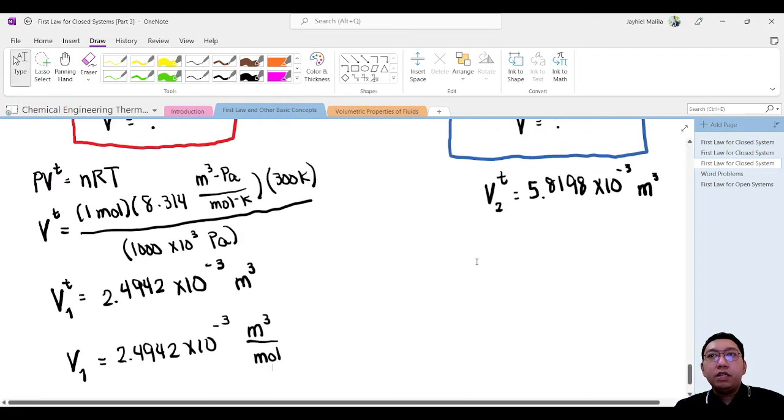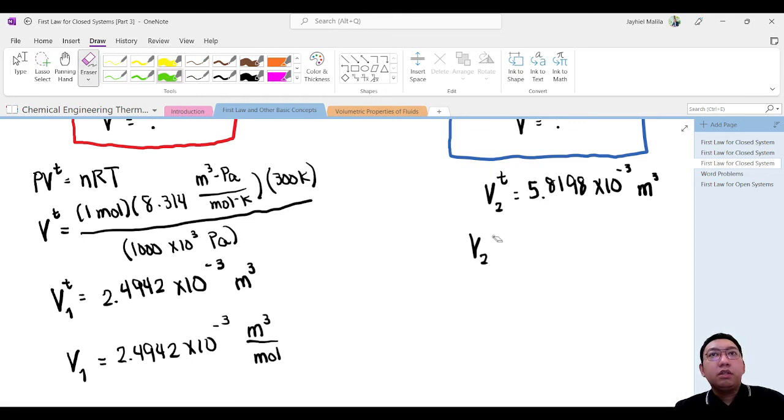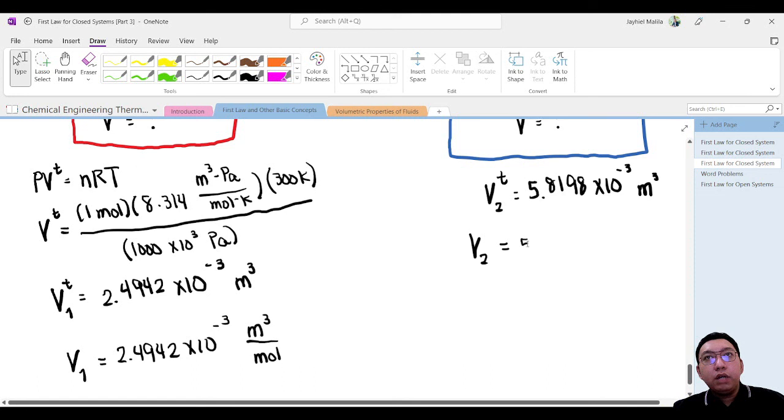Okay, for this one, the same. Oops, no more superscript symbol. But yeah, the same is true for V2. Okay, going back to the idea of creating a new path, we have to bring out these thermodynamic relationships